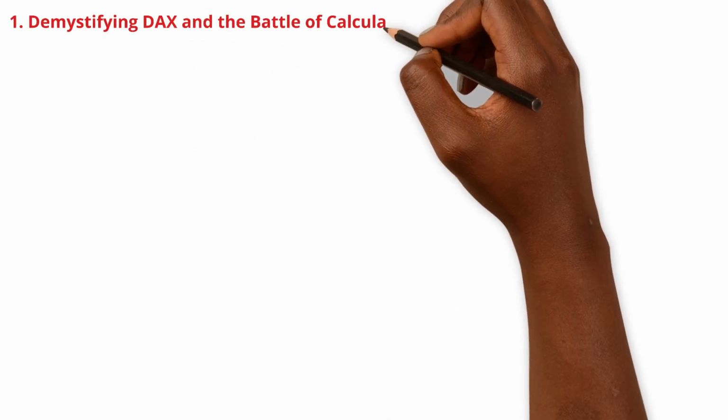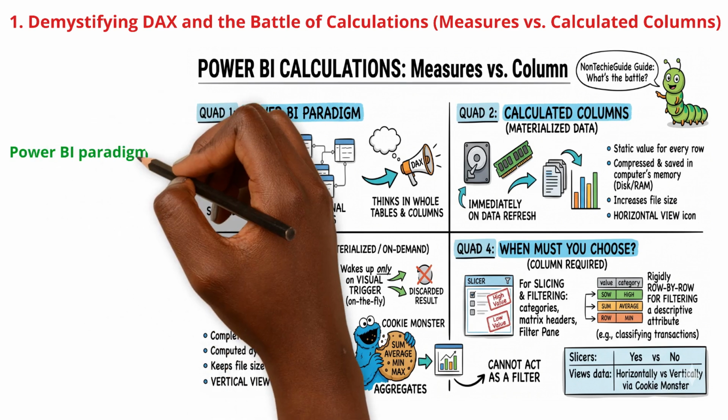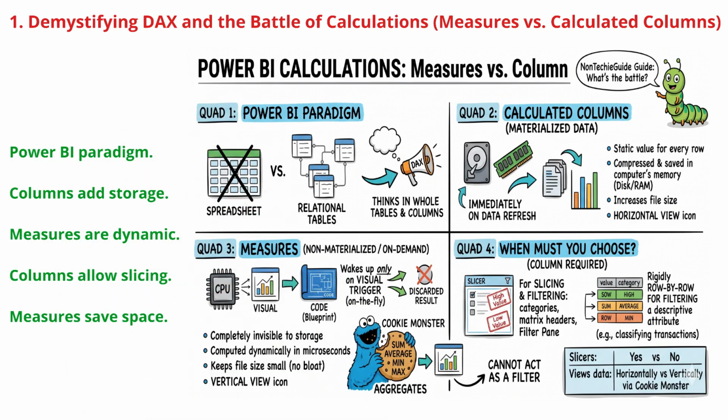To start, forget spreadsheets. Power BI uses DAX to think in relational tables and whole columns. There are two main ways to create new calculations here: columns and measures. Calculated columns create static, materialized data. They run during the data refresh, adding values to every row and increasing your file size, giving you a horizontal